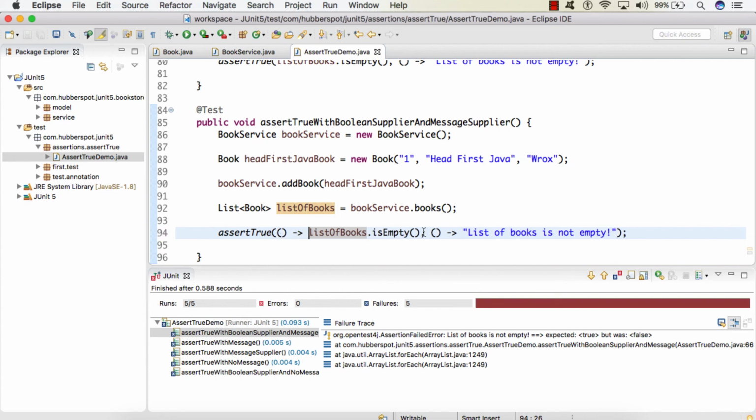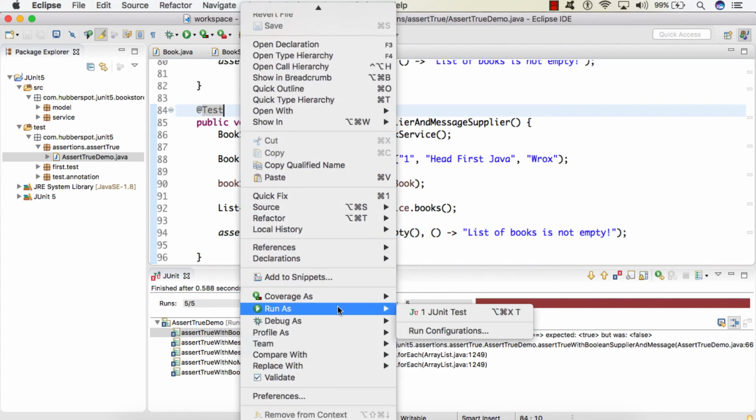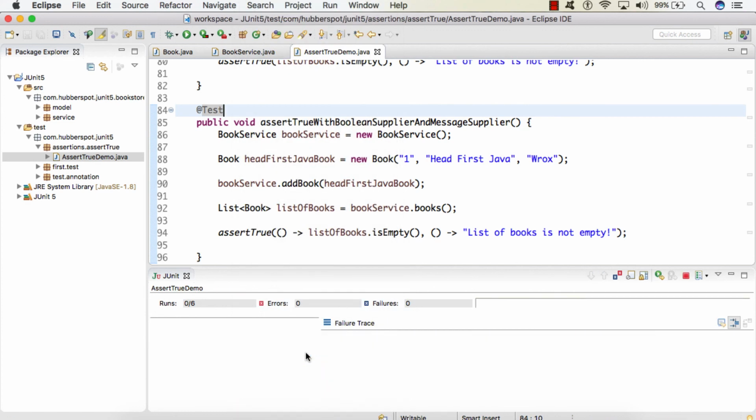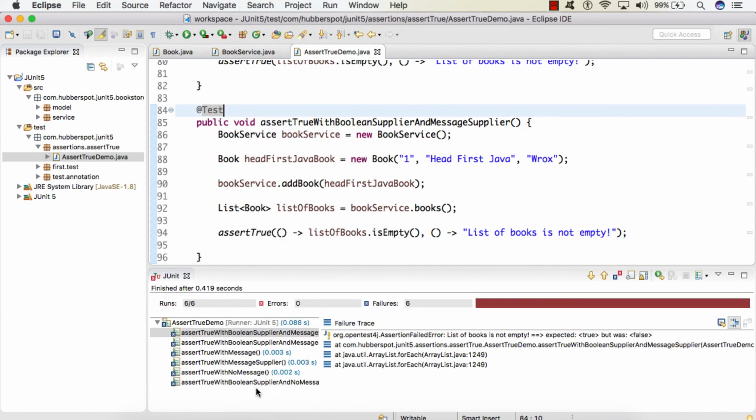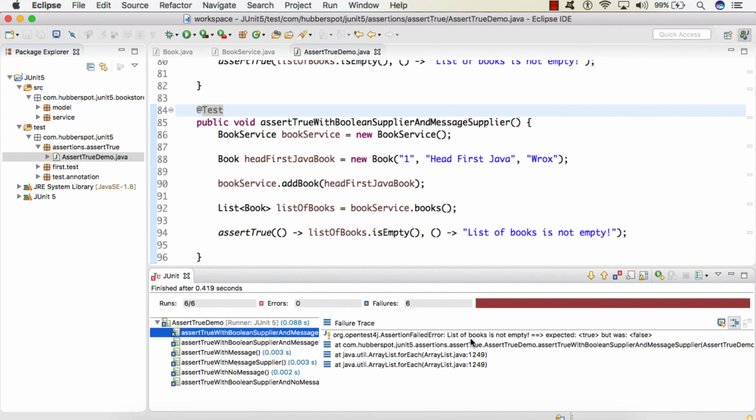Both the values will take in a functional interface. The first is a boolean supplier which supplies a boolean value, and the second is a message supplier which supplies the message in the form of a string. So if I run the test case, it works the same. It prints the customized message as list of books is not empty. Expected was true but was false.